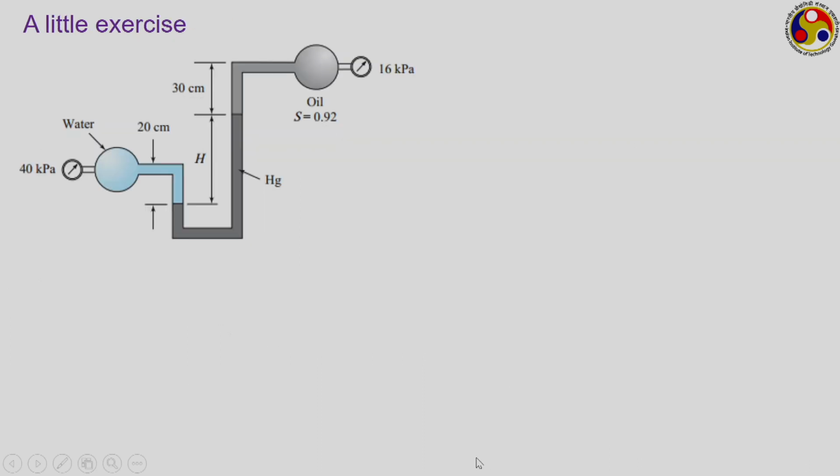The first one here is a very simple U-tube manometer. One side of the manometer is connected to a tank containing water and having a pressure of 40 kilopascal. The other side is connected to a tank containing some oil having a specific gravity of 0.92 and pressure of 16 kilopascal. In between we have a manometric fluid of mercury, something not given here. Let us say the specific gravity of mercury is 13.6, and we are also going to use g, the gravitational acceleration, as 9.81 meter per second square,